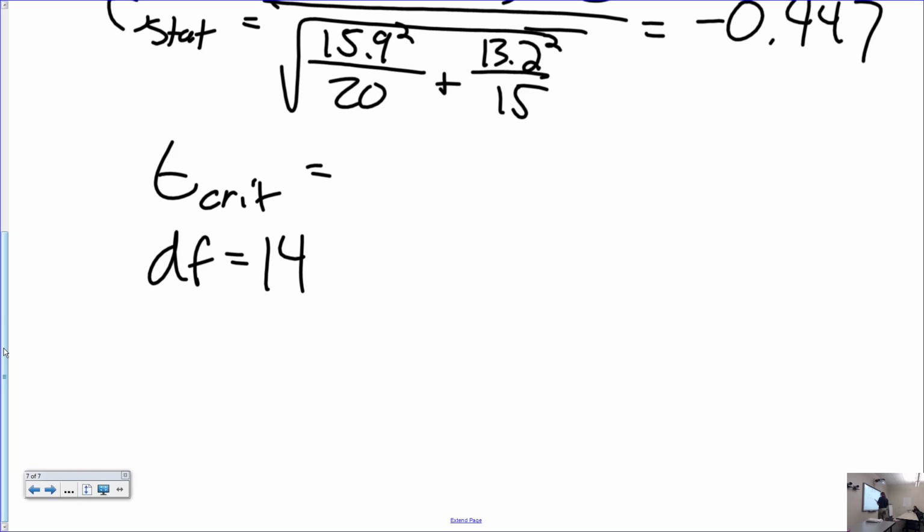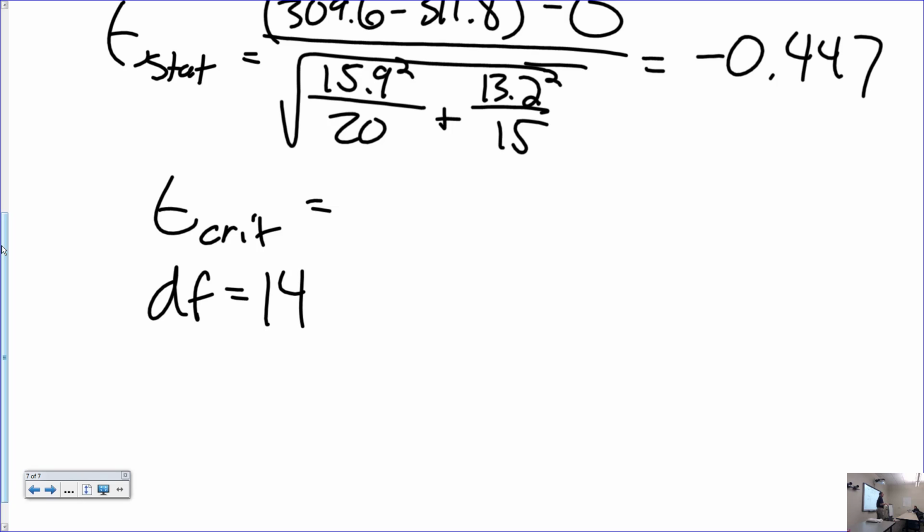What was that? You do one tail, right? One tail, yeah, that's the top part. 1.3. And note, because we're doing less than, folks, it's not 1.345, and we need to be more negative than that. Is our t statistic more negative than this? No, therefore,